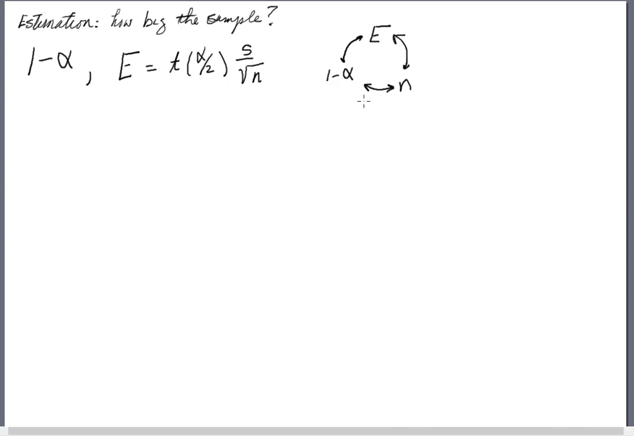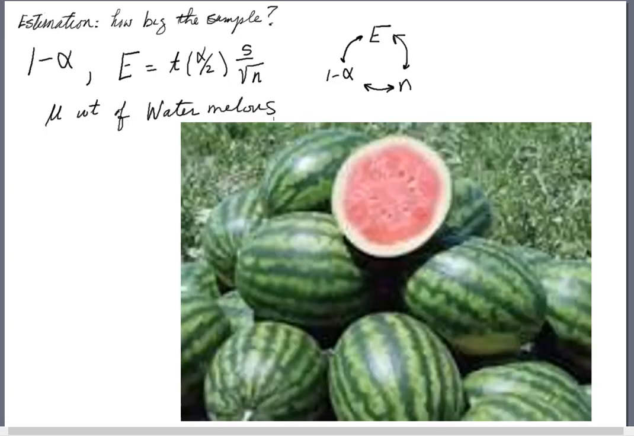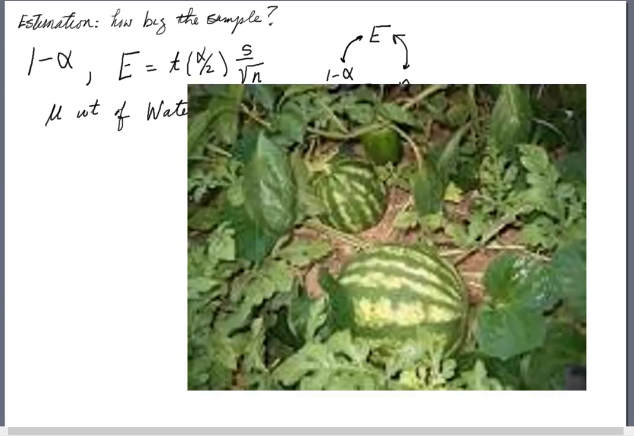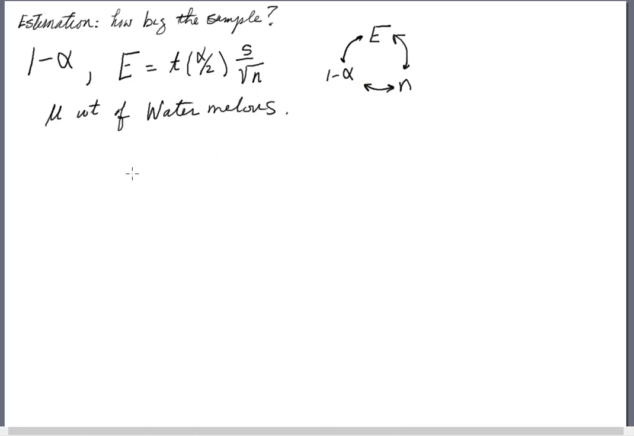Now, let's work through an example, and suppose that we wanted to estimate the mean mu weight of watermelons. I love watermelon. We've got a field of watermelons. Suppose we know they're black diamond watermelons, and we want to know when we harvest these what the average weight of black diamond watermelons would be when they're mature, and I think that's between 90 and 100 days. So how are we going to find that? Well, the key is